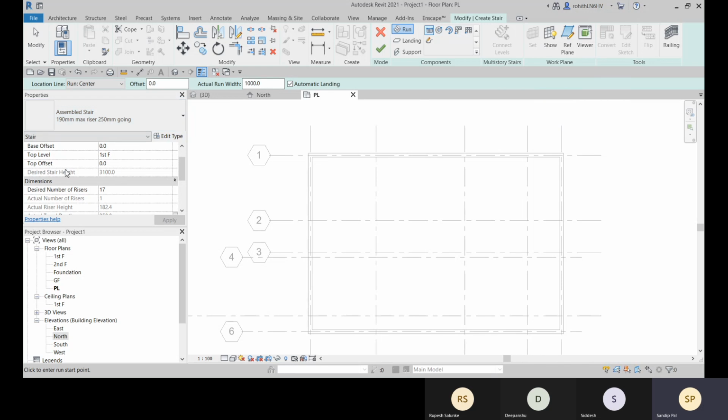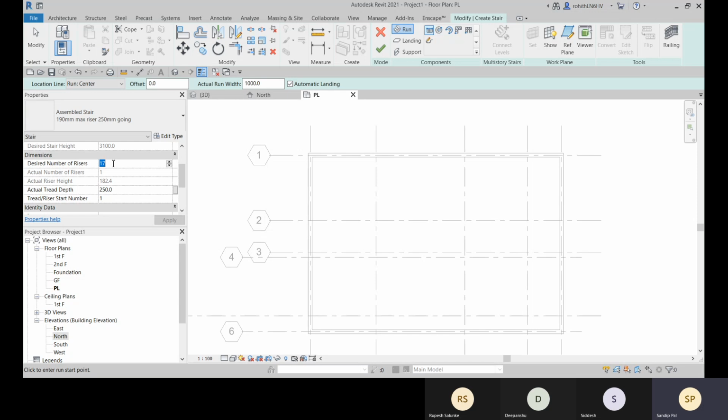You just need to define your base level and the top level. Accordingly, the stair height will be defined, and then mention the desired number of risers you need, and accordingly, the riser height will be defined.